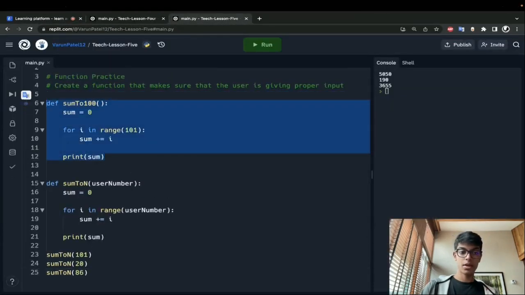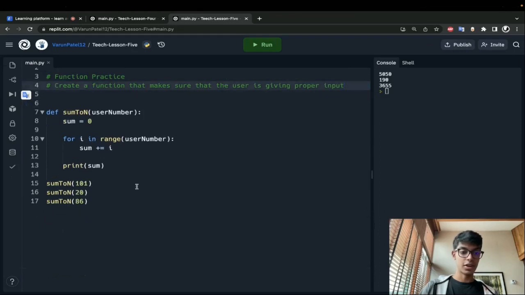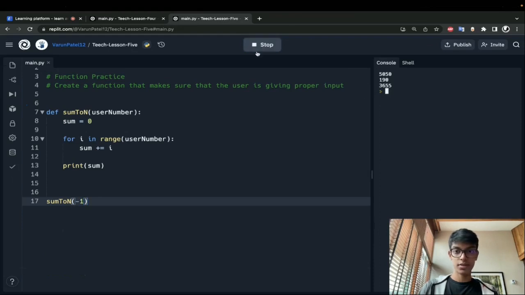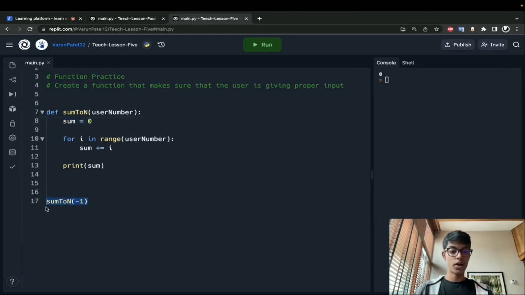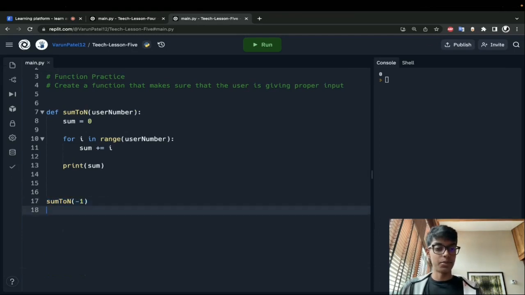Okay. Well, what happens if I give it something like sum to n from 0 to -1? How do you do that? That doesn't work. We don't get anything from that. We get 0 because our sum was always 0. So if we run this with a bunch of bad input, right,